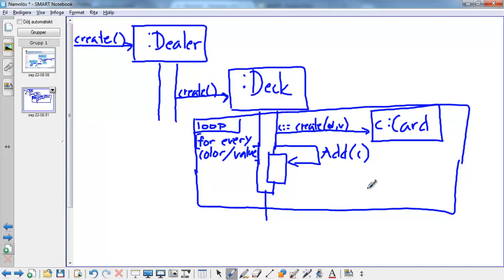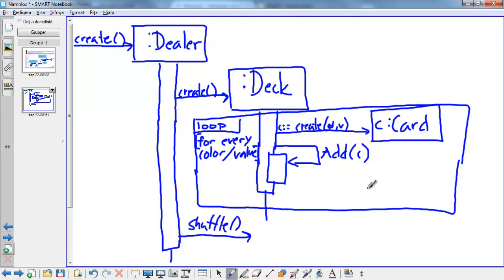And finally, do you remember what the dealer should do? Well, he has opened the new card package, and you can't use them because they are all ordered. So he needs to shuffle them. So afterwards, this is done. They should be shuffled. So something like this should be the